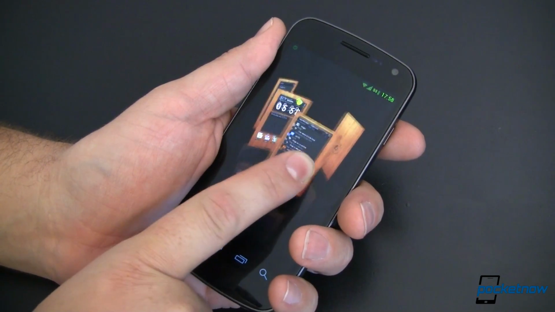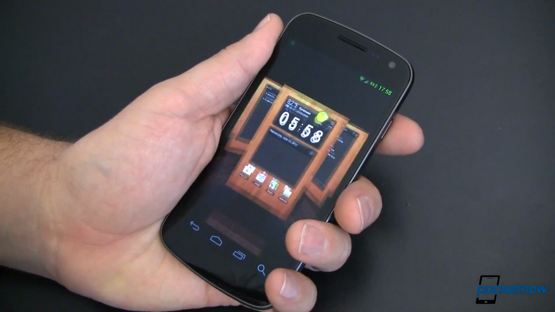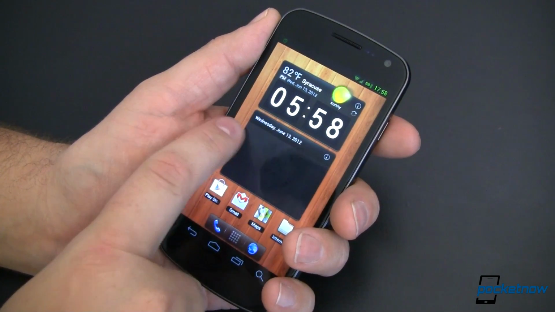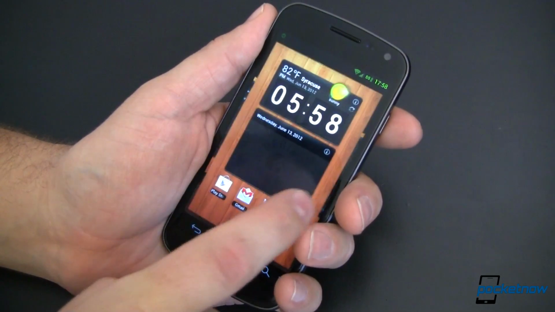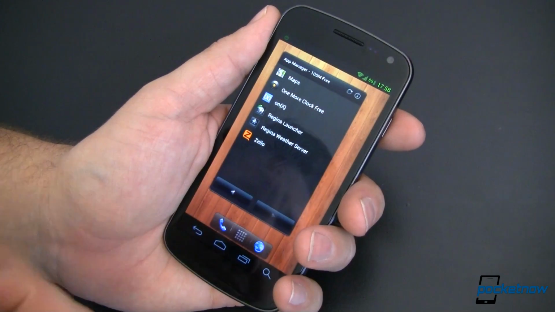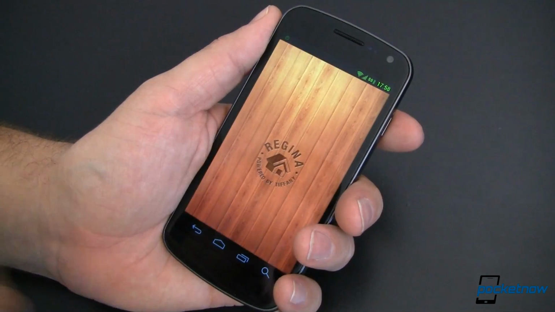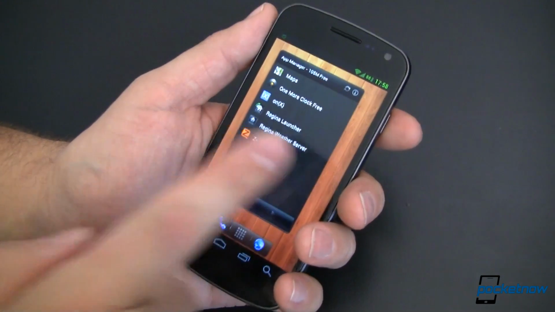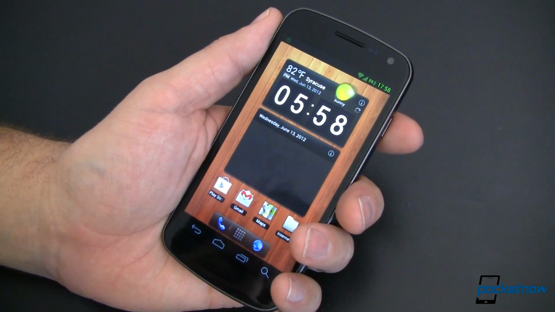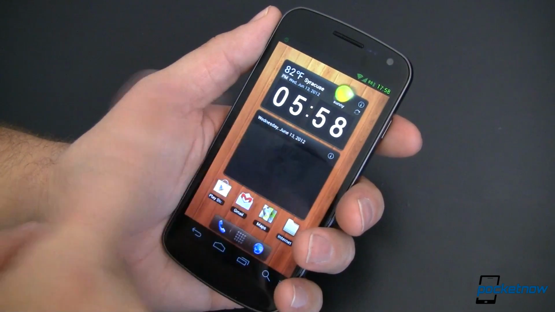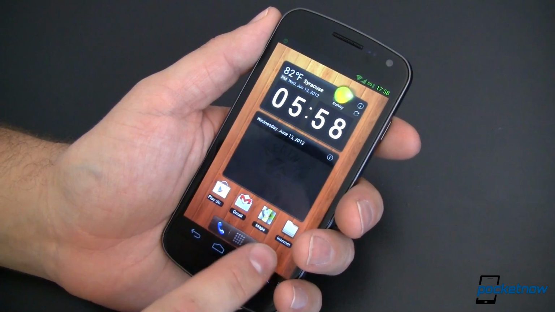But very 3D-like, very nice, very fluid. It does take a little bit of time to initialize to get into that. But even when you're just flipping from side to side, you have nice animations, nice transitions. Not quite as fast, but then again, it can't be if you're going to experience those nice animations and transitions in there. Something else you can do if you don't want to wait for that, you can drag your bar